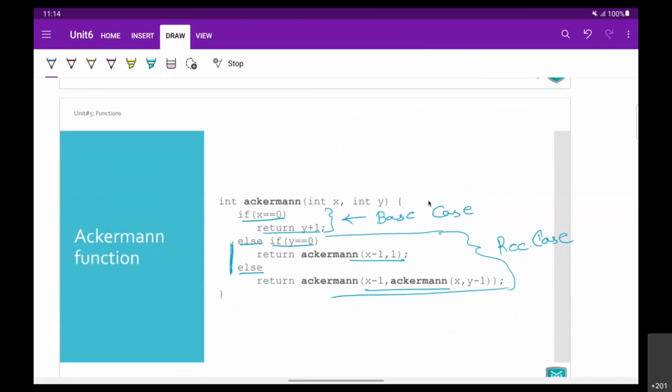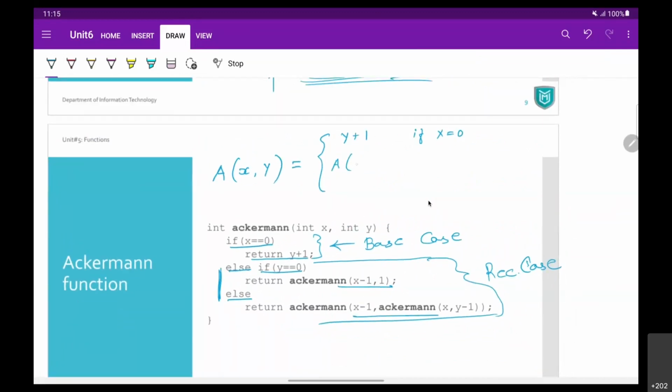So if I write the same function here mathematically, it was something like A of x, y is going to be y plus 1 if x is 0. Recursive call A of x minus 1 and 1 if y is 0.